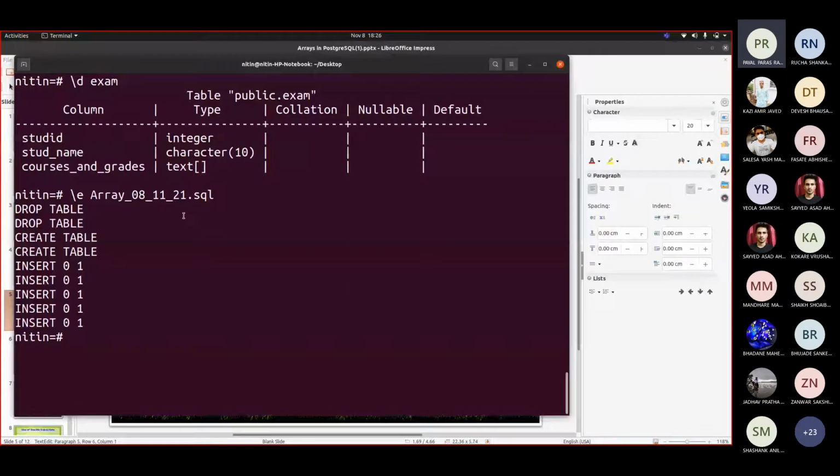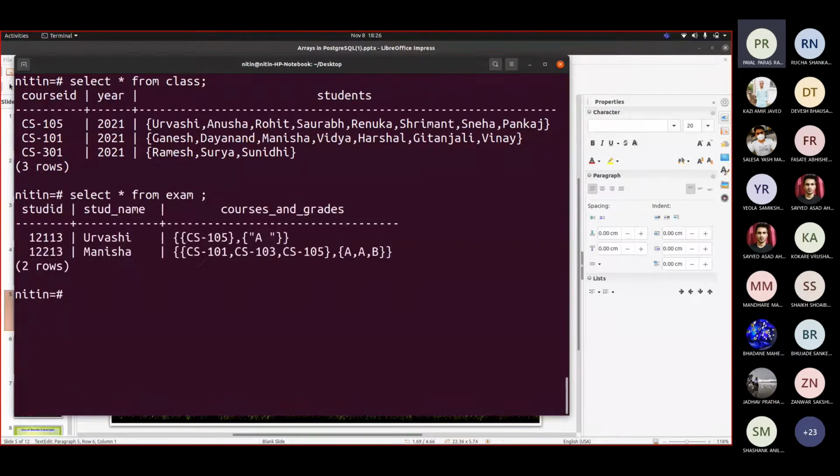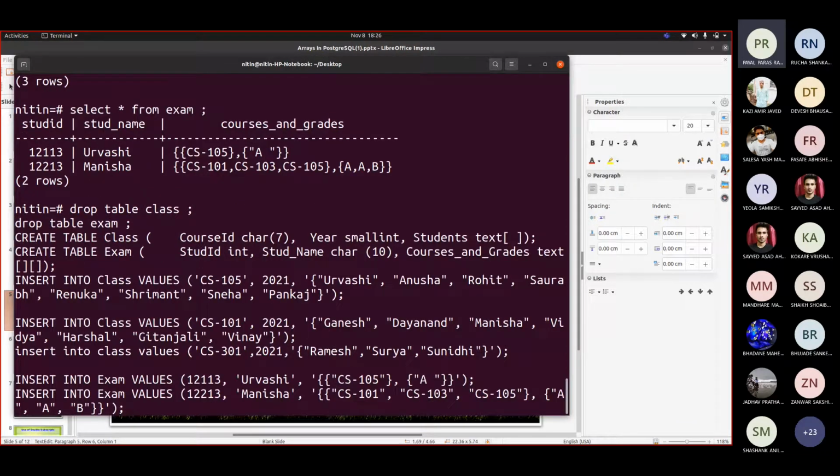Let us come out. So it inserted the records. Now if I see select star from class and select star from exam, it will look something like this. Fine. Let us remove that extra space added because of my mistake.